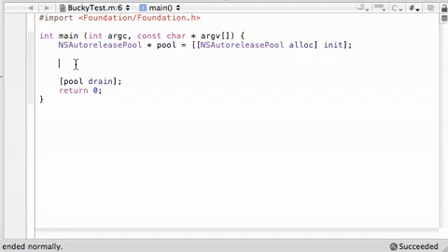So let's go ahead and make a regular string, NSString, and I'm just going to name this dog because